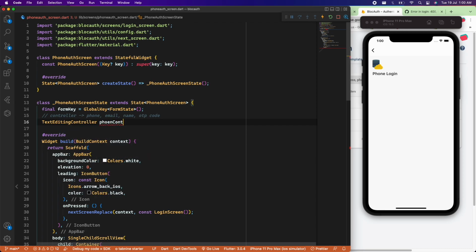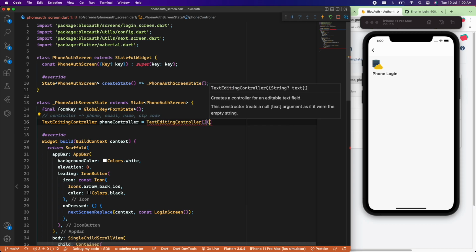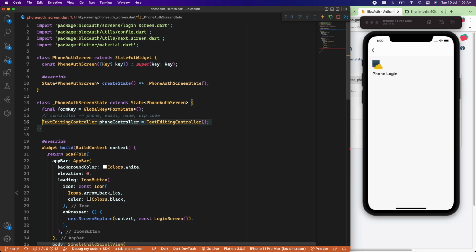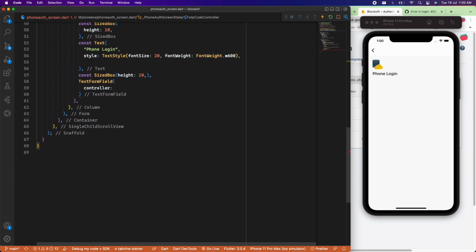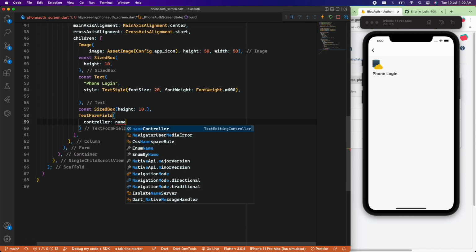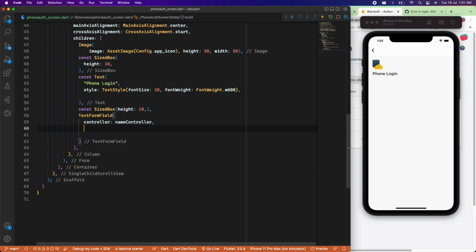First controller will be phone controller. So this will become text editing controller, and we can just copy paste this, and here we will write email controller. It will become name controller, OTP code controller. Now we will assign this controller first of all to our name field,